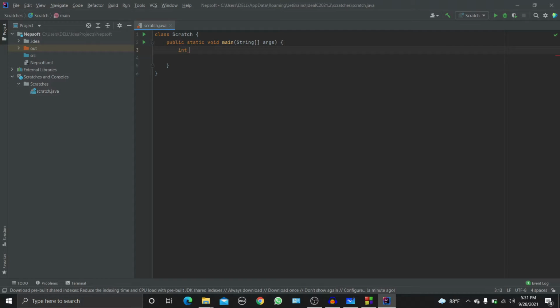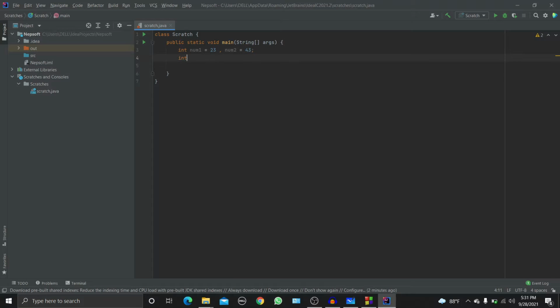And just now I will type int num1, num2, and I will just assign the values over here. I'll put the value 23, and in this I will put the value 43.